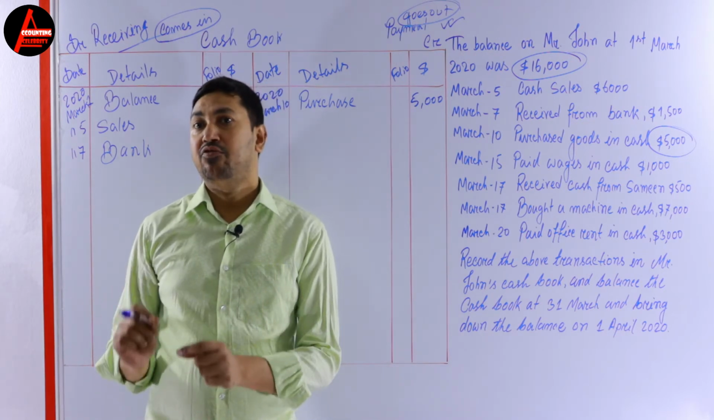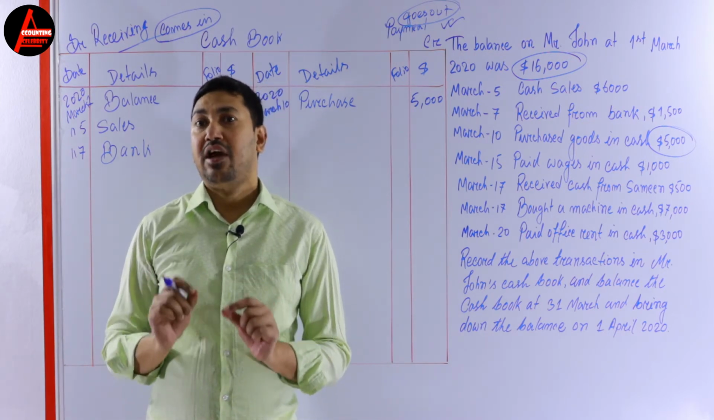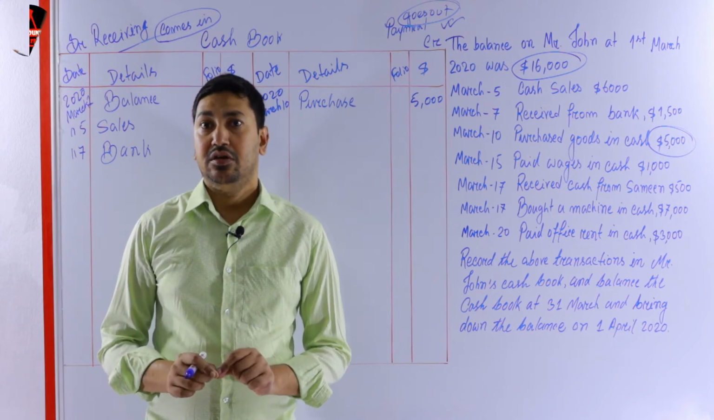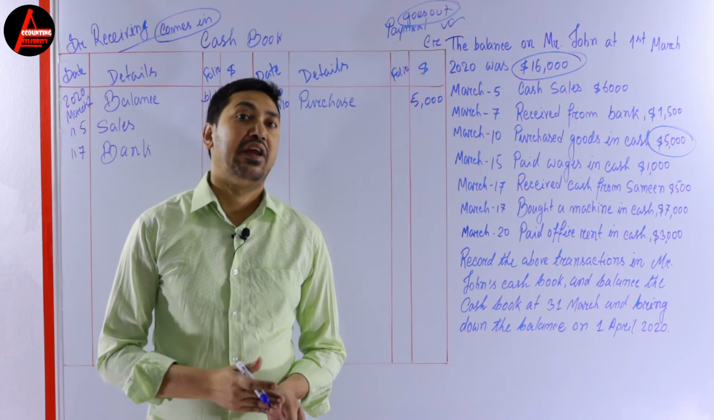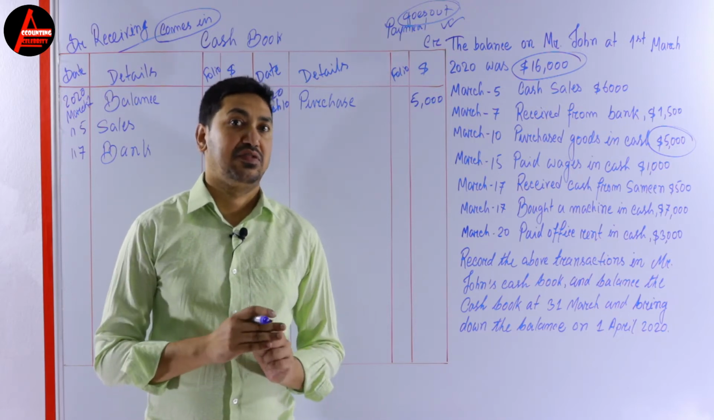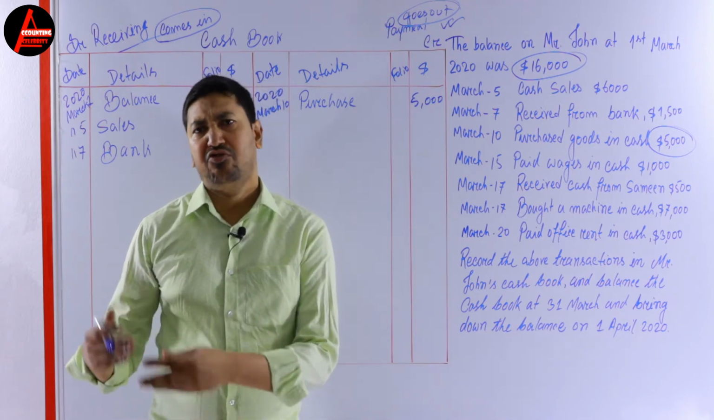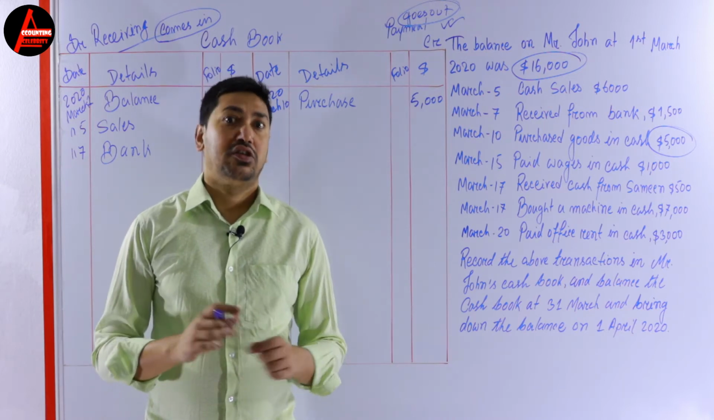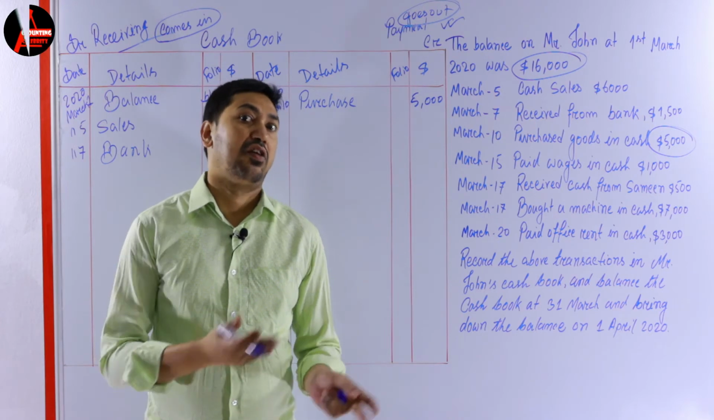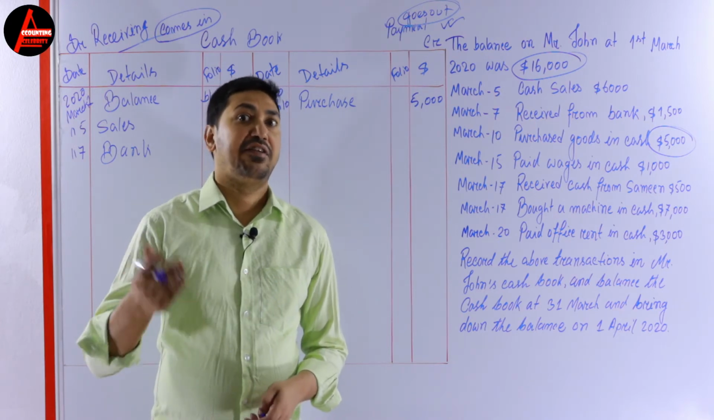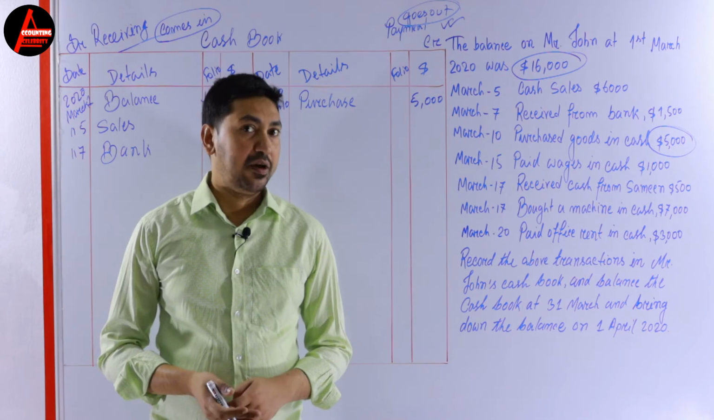That means you have to record all of your cash transactions. Okay, some transactions will not be recorded in any cash book, single column, 2 column, or 3 column, whatever you call. So I'll give you the list of the transactions that are not recorded in the cash book later in my next video. Okay, next